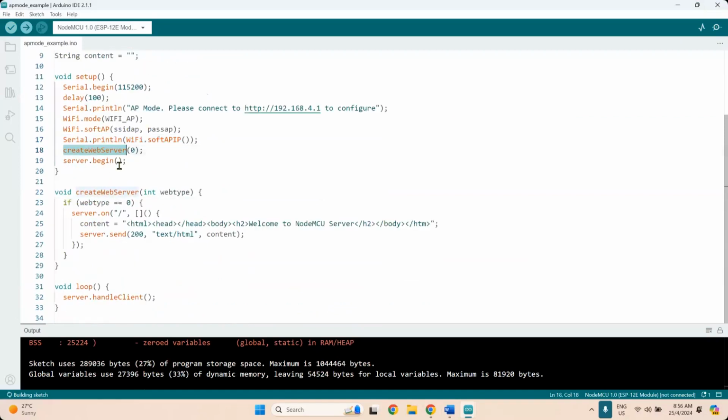And then we need to create our server response. The server response is basically handled by this function, and this function just sends out web type 0. Web type 0 means that this is basically I just want to turn on. There are two types that I usually enable, 0 and 1. If it returns 0, I want to handle it in here. If I have web type 1, then I have another if statement that I can handle for another type of server that I want. So at the moment, I just create one server.